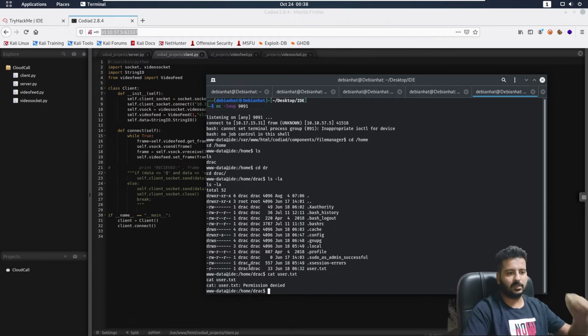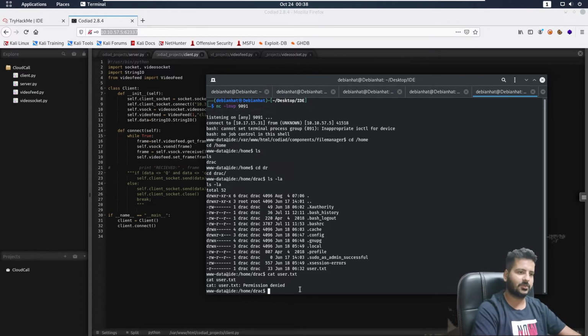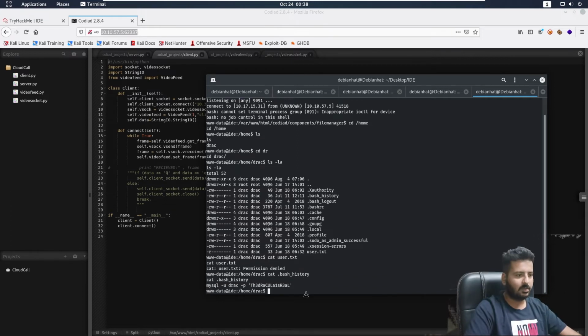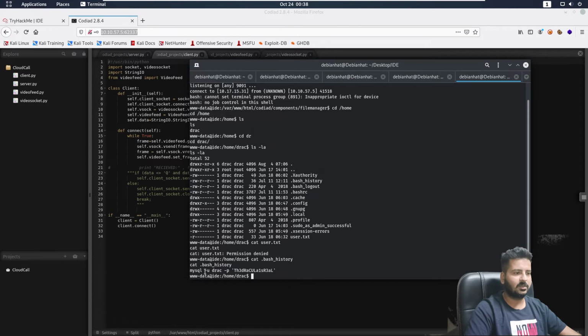Okay, then moving next, what else could be something interesting? .profile, .local, .bash_history looks interesting. Okay, therein let me go for bash history. Cat. Okay, is it readable? Yes, it's readable by everyone, so it's world readable, anyone can read it. cat .bash_history. So there I go, I got things out there. There is a password for drac, that is drac, and the password is this.